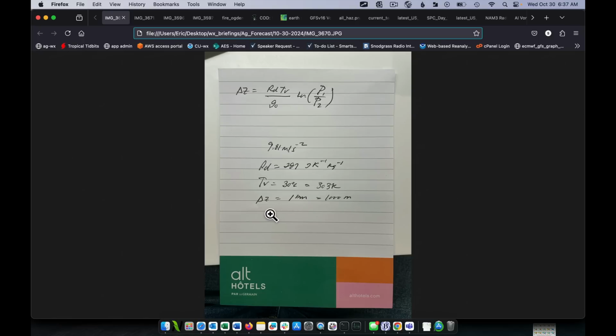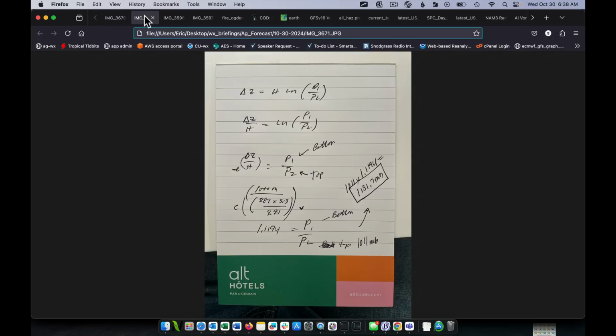And how far down did we go? We went down 1 kilometer. So my delta Z is 1,000 meters to keep this all in SI units. Now what we get here is this natural log, so there's a nonlinear relationship with pressure. In fact, we know that it changes exponentially with altitude. So what I wanted to know is when we got down to the bottom of the mine, what would the pressure be? So I'll just show you how to solve this equation.